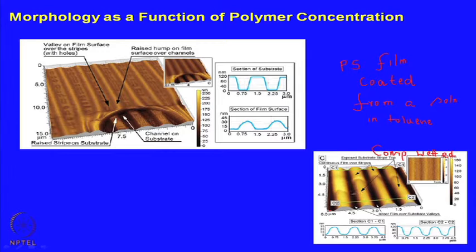And it is a clever atomic force microscope image where you can see the substrate. So, this part is the bare substrate and this part is the film. So, you can see that the film surface is also undulated just like the substrate, but the film undulations are in phase with the substrate pattern. So, this I will highlight as the in phase